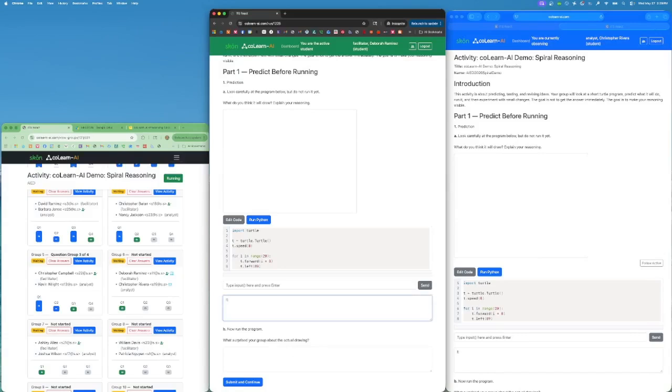What you are seeing here is coLearn-AI in live classroom use. On the left is the instructor dashboard, which provides a real-time overview of group progress across the activity. On the right are two views of the same group workspace: the active student screen, where the group's current work is being entered, and the observer view, which mirrors the work as it unfolds. Together, these views illustrate how coLearn-AI supports collaborative problem solving, shared visibility into student thinking, and real-time instructor awareness during